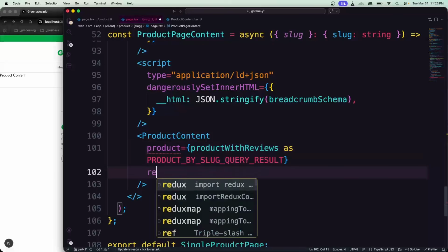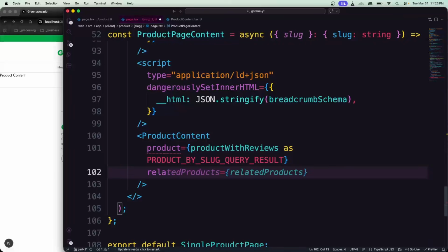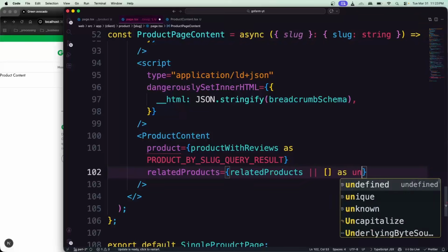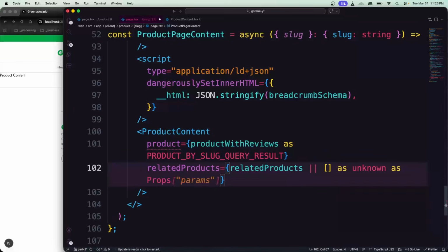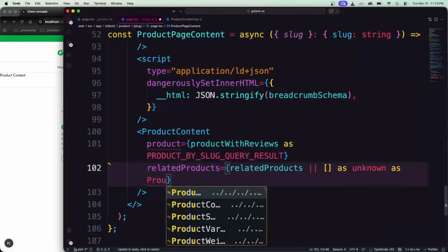Then it's also going to have related products. So let's say related products, and it's going to pass the related products, and if there are no related products, it's going to pass an empty string, and that could be unknown, and also it could be a product, and the product would not be the params props, it should be, let's say, product